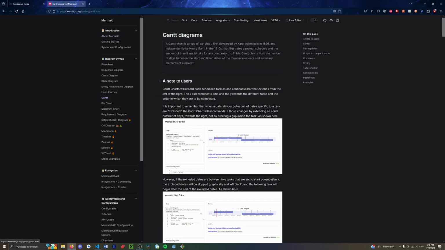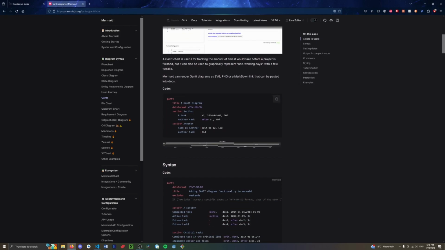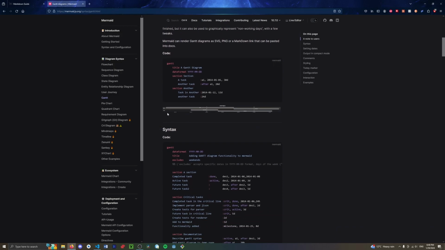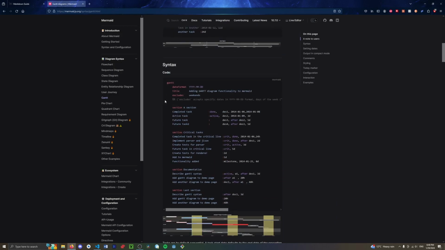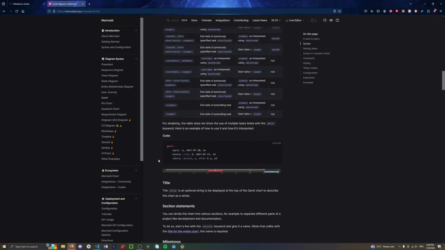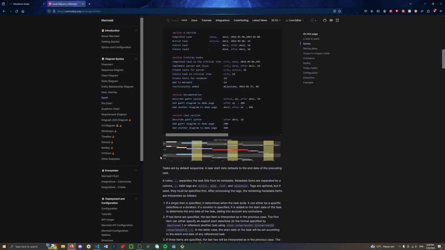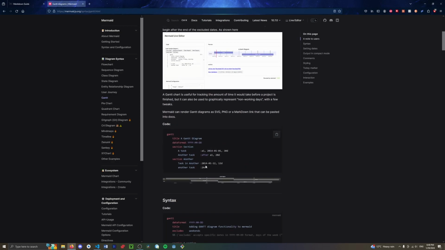So if I come in here, it'll basically show me a note to users. Gantt charts will record schedule tasks, and it shows you the code. So this is basically how you can construct your Gantt chart. So you can copy any of these examples. This is a bit of a fancy example. We'll not do that. We will take a nice easy example. So this one,